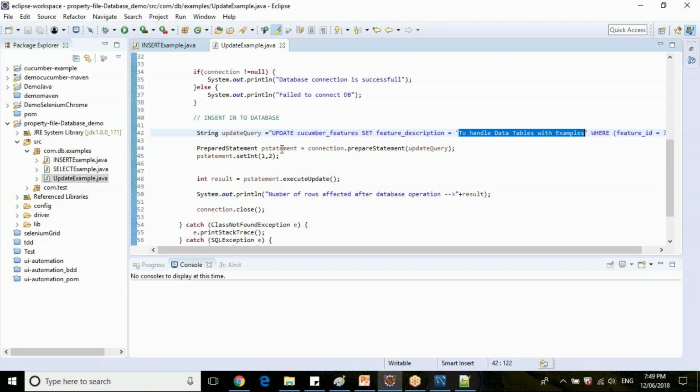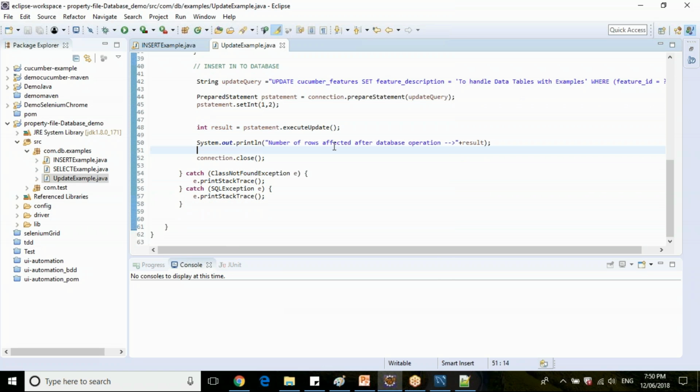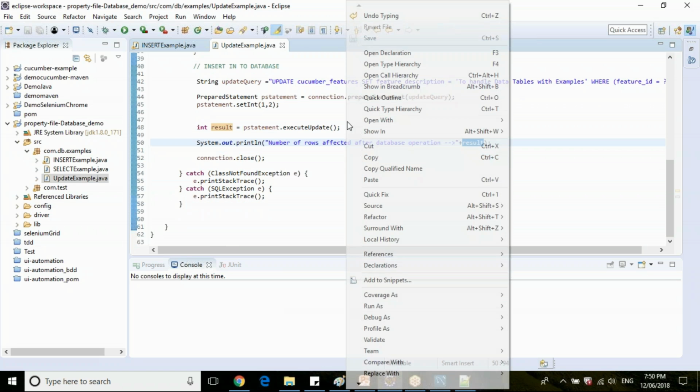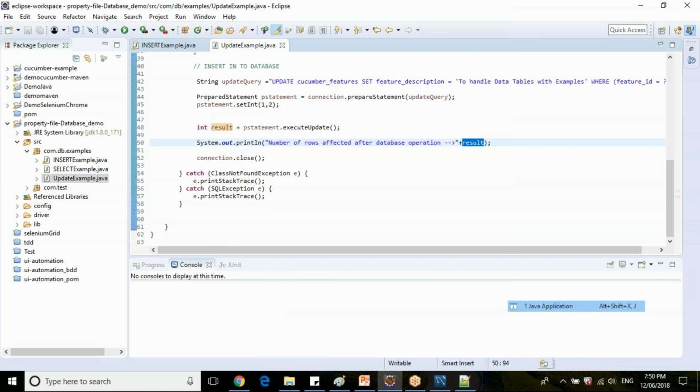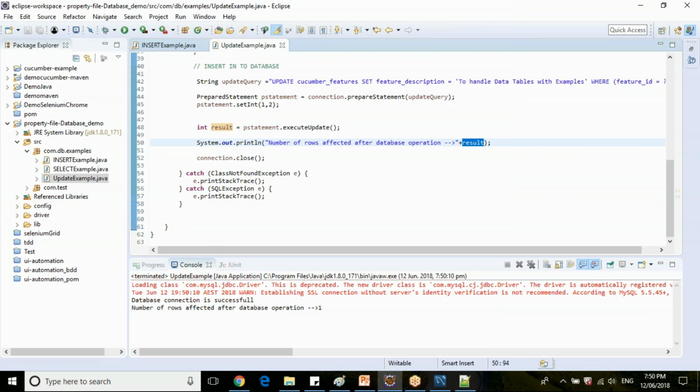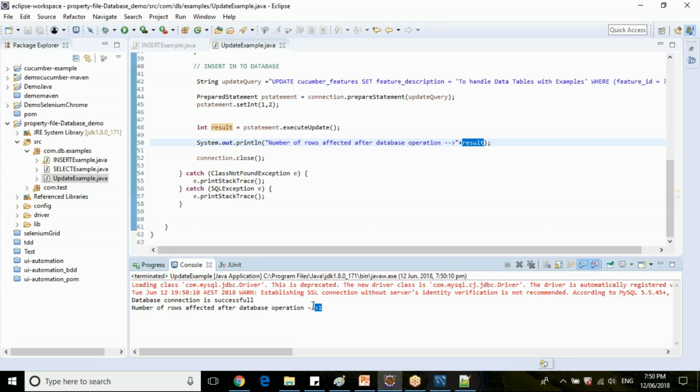You can use execute update as well, even for the update query, and check how many rows have been affected after this. It has affected one row after the execution of this particular query.